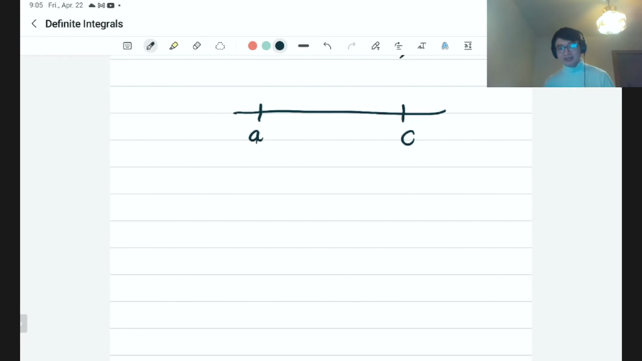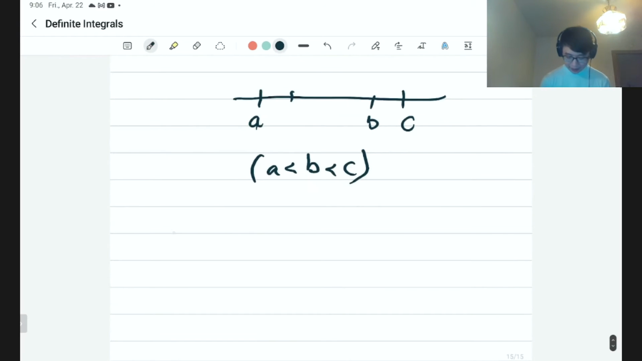Now the B doesn't necessarily have to be in the center or the middle of A and C. It can be anywhere. It can be here, it can be here, right? So it doesn't matter. As long as it satisfies the condition that B is in between A and C,